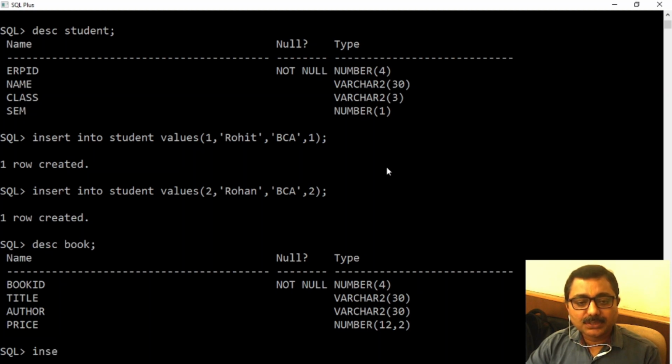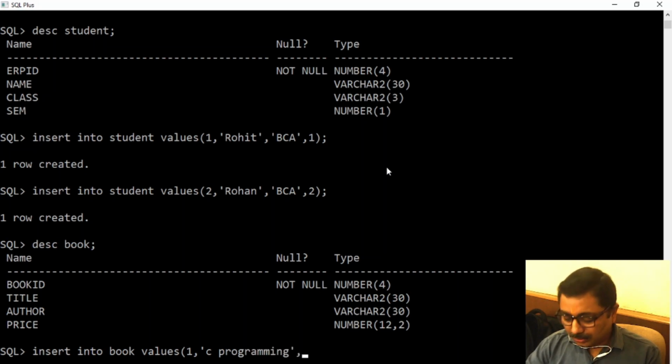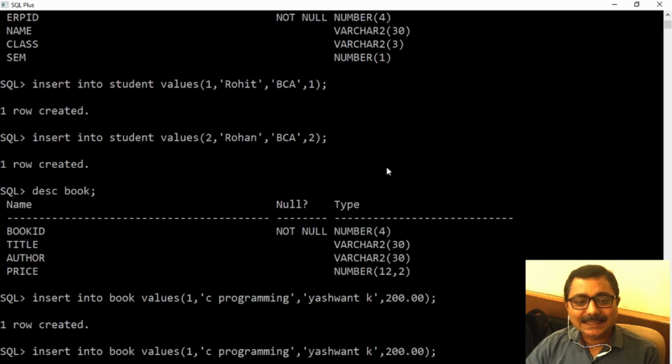So let's enter insert into table name book, values, first column is book ID, series of numbers type say book ID 1, title say programming, quotes close, comma, author name say A. Kanetkar, quotes close, comma, price say 200.00, bracket close. So I have created one record in the second master.